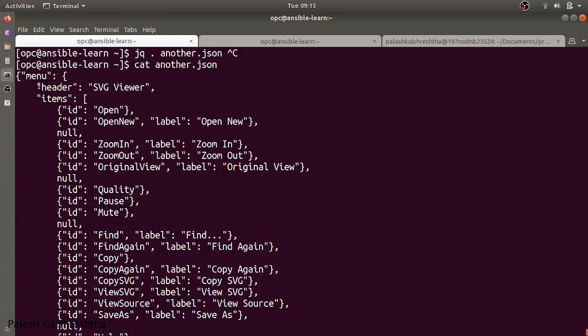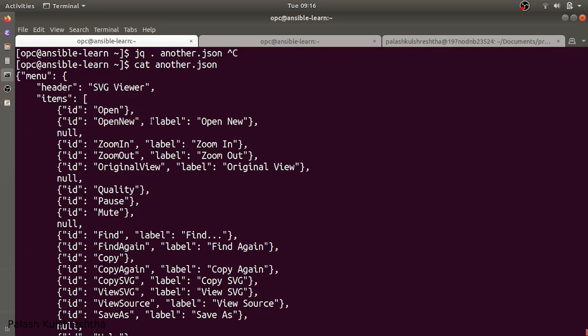Then another key inside the menu object is items and it is an array. In that array there are different objects. It is not necessary for an array to have objects with similar types of keys. For example, in this case you can see it only has id and open.